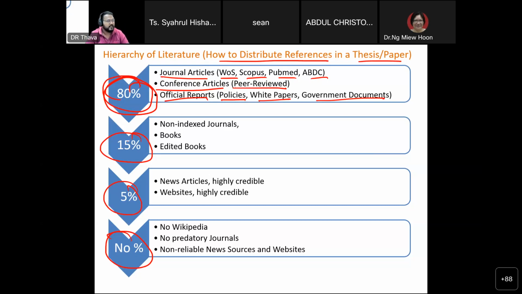Okay. Then comes 15%. Okay, let me tell you why. If you take news or sources from CNN, BBC, what else? Malaysia Kini, The Star, it's okay because they are accountable. But YouTube, they are not really accountable. Okay, it's just knowledge sharing or news sharing. But let's say you're taking a video from YouTube which is published by BBC. Then you go back to the BBC website. Cite that BBC website. Don't cite the YouTube link.